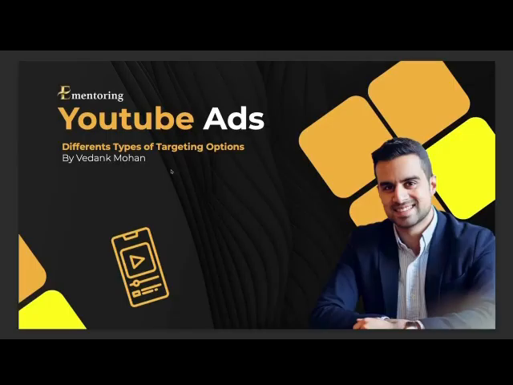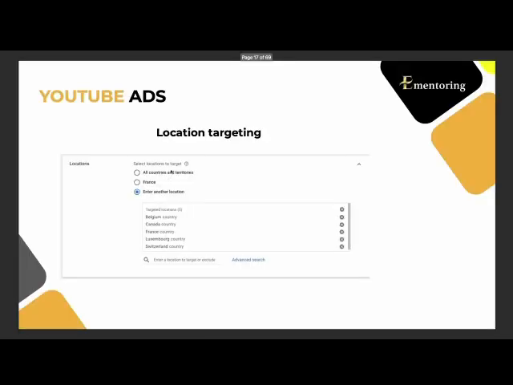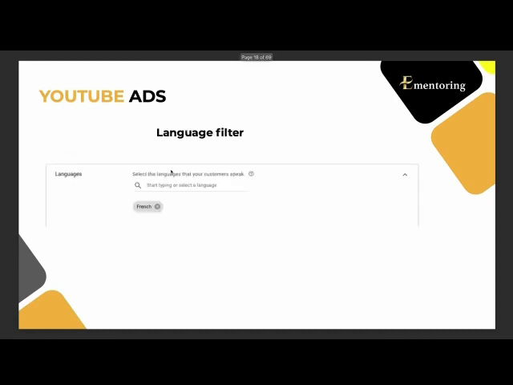So now let's cover the different types of targeting options in YouTube ads. And you will see that YouTube ads is very similar to Facebook ads in some points. Actually, you can also, as in any platform, do some location targeting. So you can target any country you would like to target. You can include countries, you can exclude countries. You can do the same thing as in Facebook ads. On top of that, there is also a language filter. So if you're targeting countries where they speak more than one language and you only want to target English or French, for instance, you can select these to make sure you are showing ads to people that speak your language